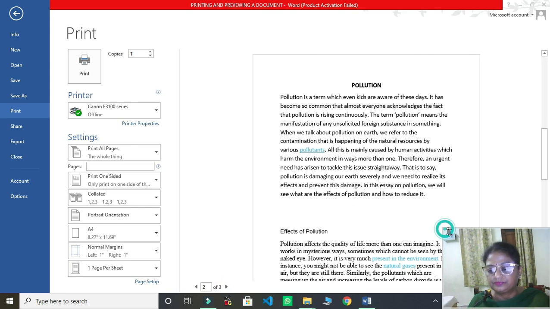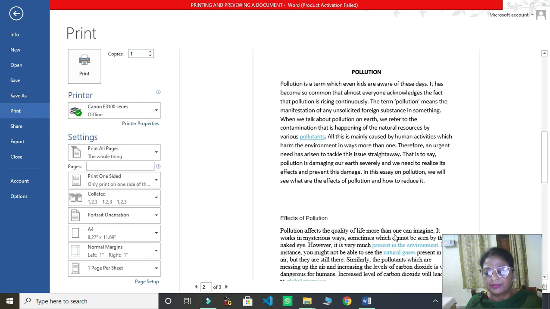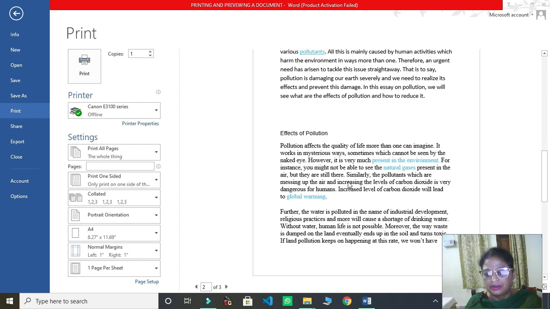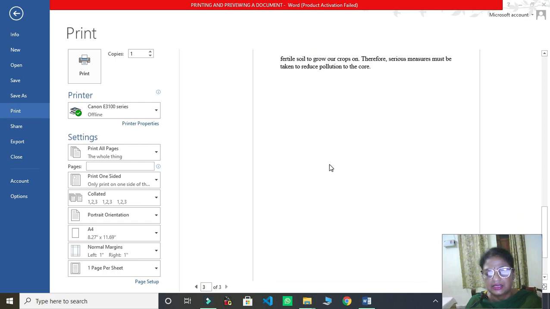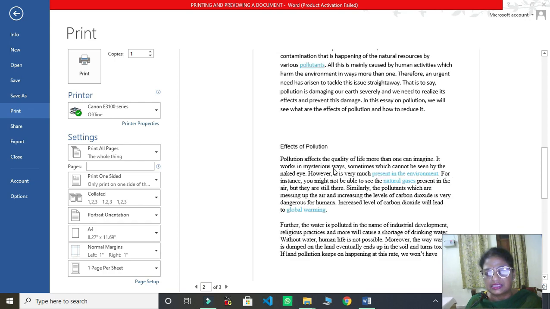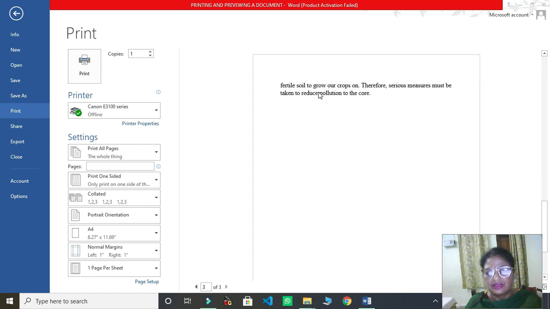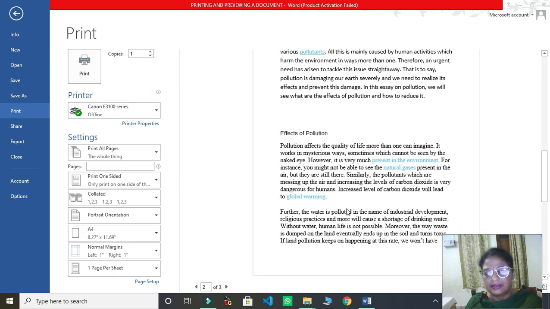So you see here, children, in printing you can get this type of printout. You see lots of space is coming here and it's not looking very nice, and even our 2 lines are moving in the next page. So we can adjust these 2 lines by reducing the space in between, right?